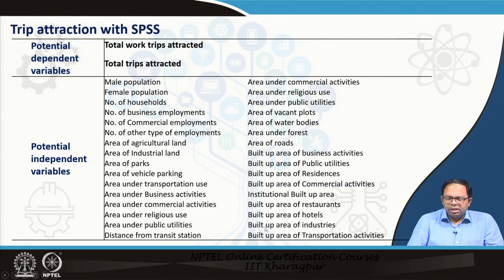Now, either we can use built up area, which is an indicator of total floor space, or employment of different kinds. These two could be very correlated, total number of employment or area or even land use. For some things like business or commercial, we may find that employment is a better indicator, for commercial employment, instead of a commercial land use or a commercial total floor area. So, we need to understand for which land use which one is better. In that way we can take a combination of all these variables as well.